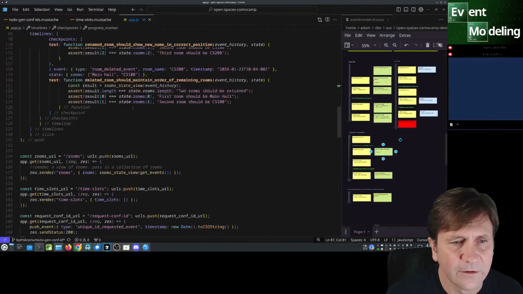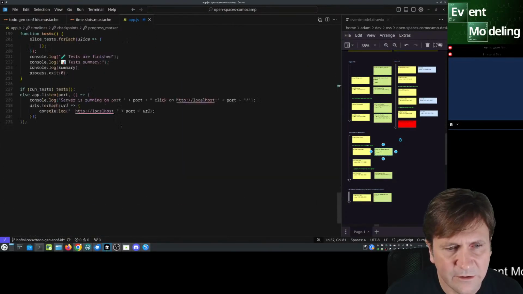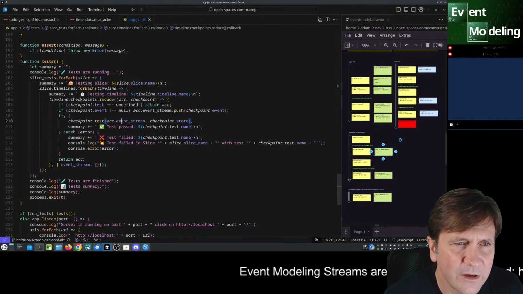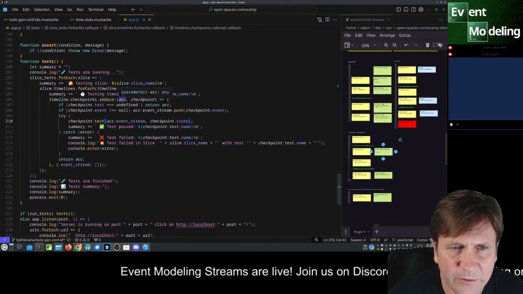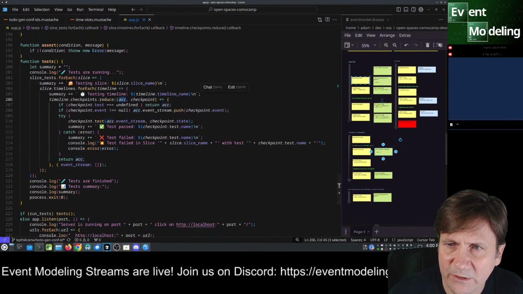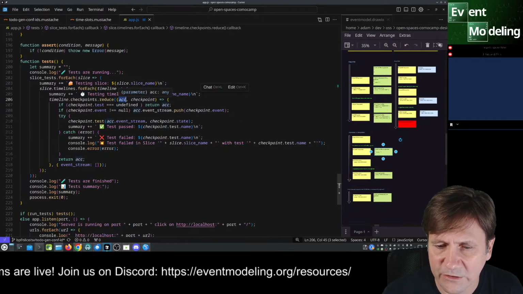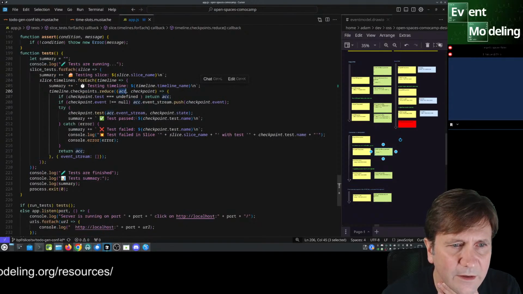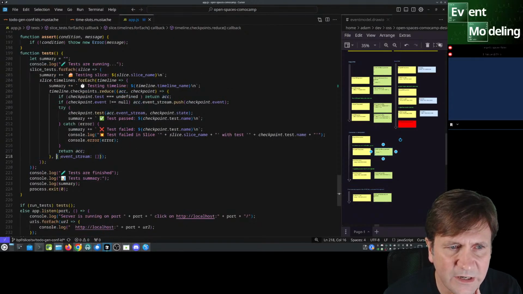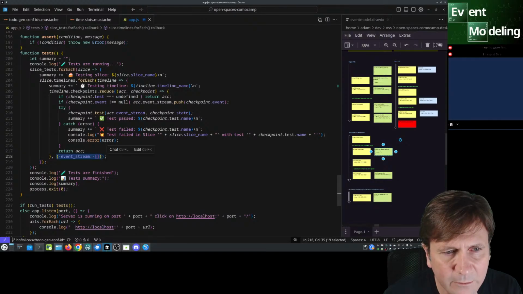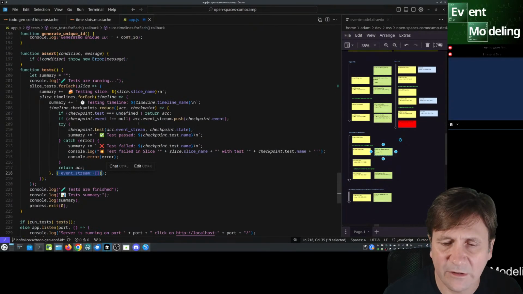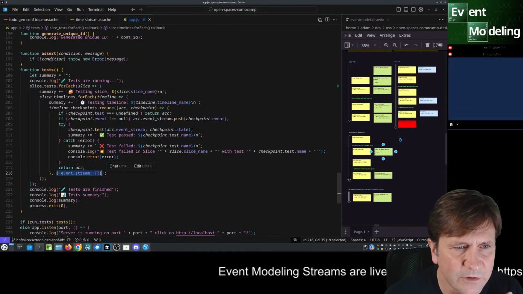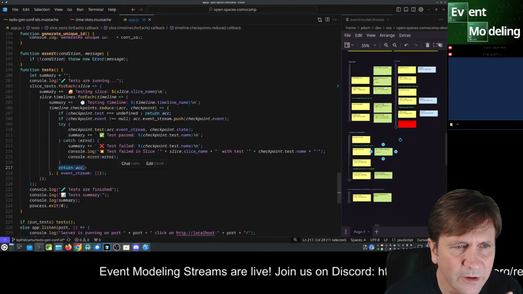And then, of course, as we run this, we have the idea that if we come across a checkpoint, we reduce these, because we have to build up the history. So we have to use a reducer with an accumulation of the previous events. And this is where we initialize that accumulator to have an event stream array, which is empty, of course, at first. We don't have anything there. And then as we go through these, we first of all return the accumulator after we're done.